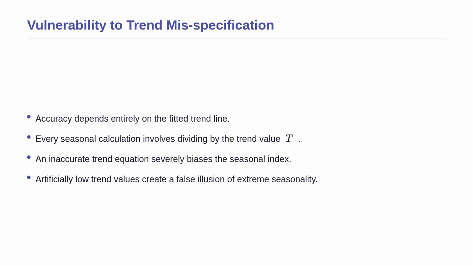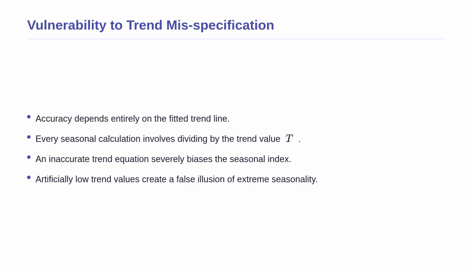No statistical method is perfect, and the ratio to trend method has a critical vulnerability. Its accuracy depends entirely on how well the underlying trend line was fitted to the data. Why is this so dangerous? Because every single seasonal calculation involves dividing by the trend value. If you force a straight line through data that is actually curving upward exponentially, your calculated trend values at the ends of the graph will be far too low. When you divide the actual data by these artificially low values, your seasonal ratios will look massive, creating a false